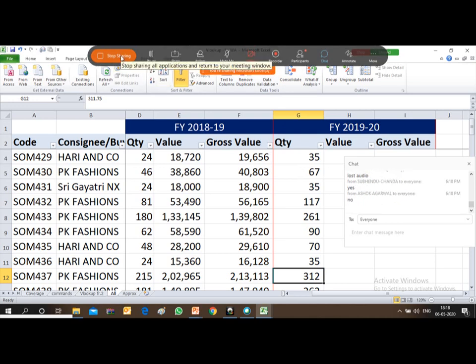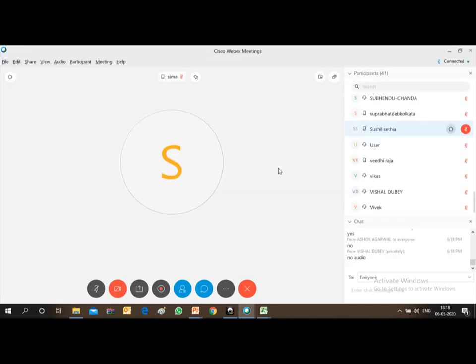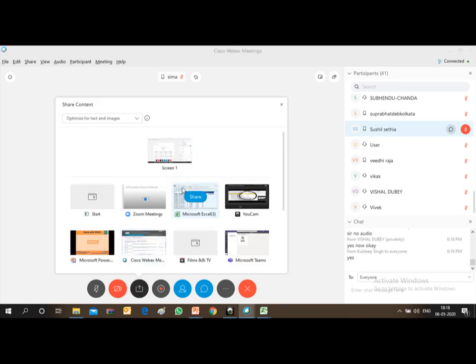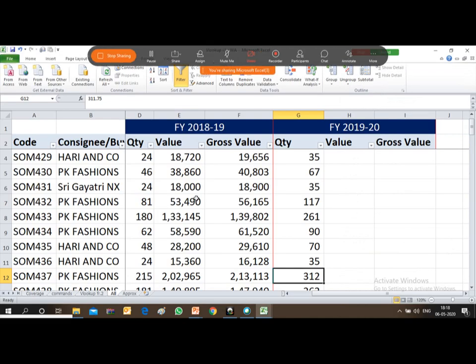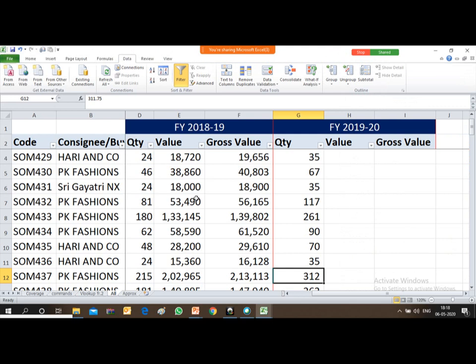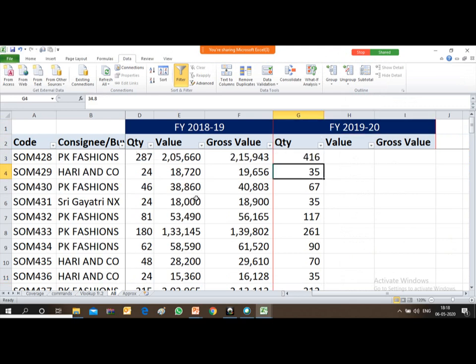Okay, just a minute, friends. Let me check my connectivity also, because since morning I am facing this issue. There has been some connectivity issue since morning, so might be because of that the voice is not clear.